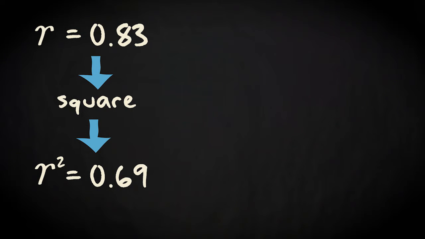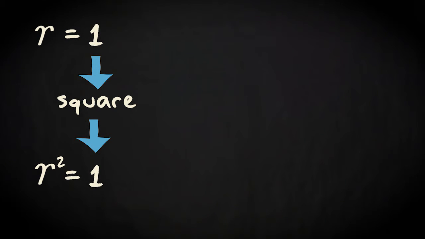Notice that when we have a perfect linear relationship between two variables, both Pearson's R and R-squared are equal to 1. 1 squared is, after all, 1. If there is no linear relationship at all, both values equal 0. 0 squared is, after all, 0. But you need to